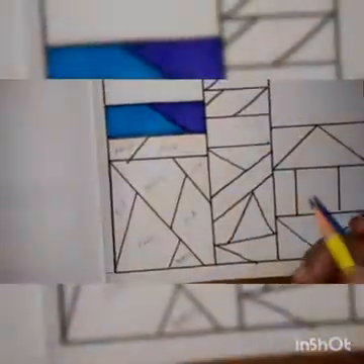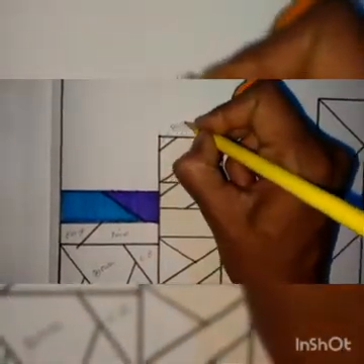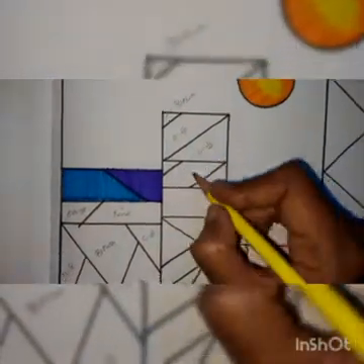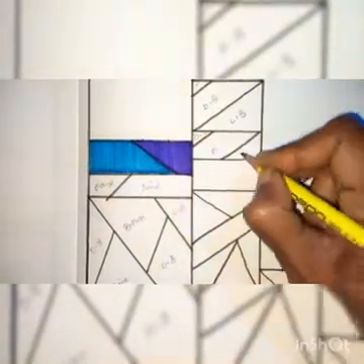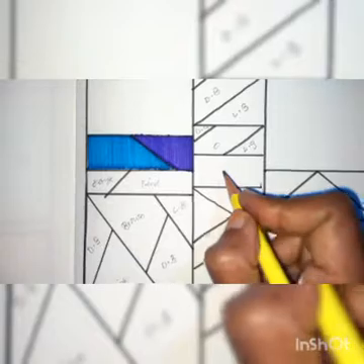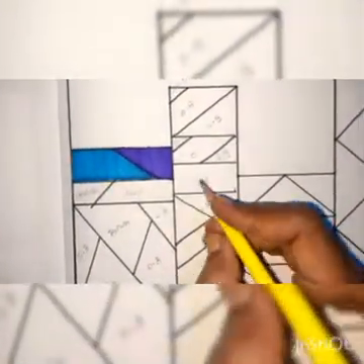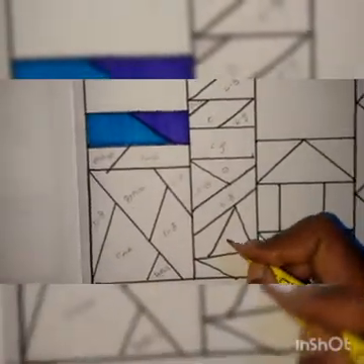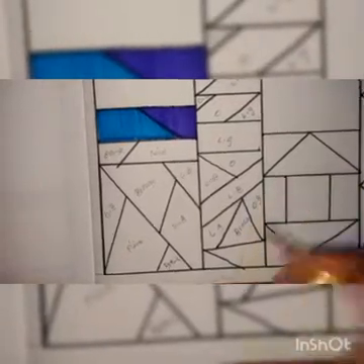Okay children, once you finish this one, you should come to here. Do this one brown, dark blue, light blue, then orange, dark green, light green. Next here you should do the light green. After that do orange here, dark blue, light blue. Again do here brown, light green, dark green.